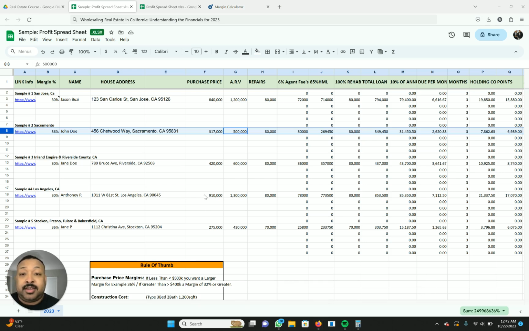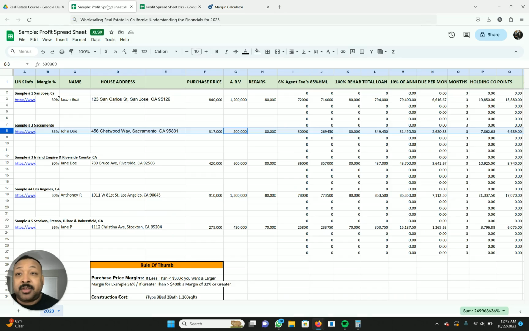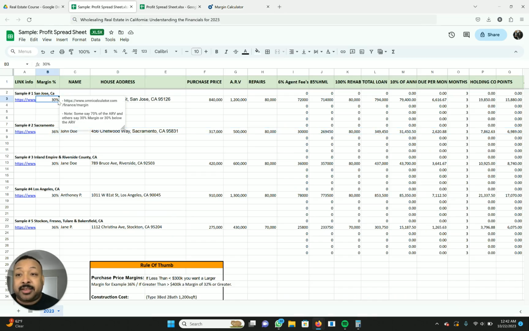What I like to use is a margin calculator. If you type in 500,000 and you put in 30%, it'll give you 350. Just ignore this profit thing at the bottom. And if you want the link, I put it right here in the notes. You just go ahead and go to that link. So if we did a 30% margin, which is going to be 350,